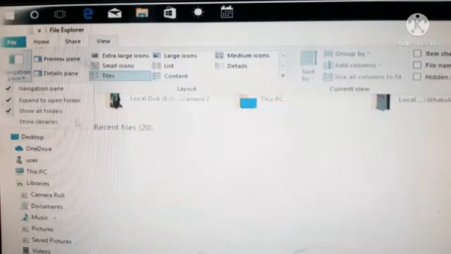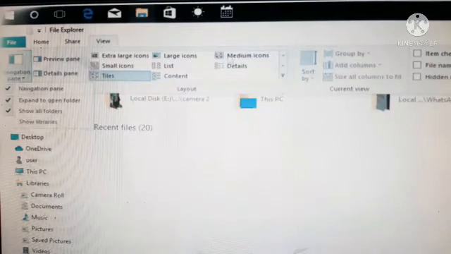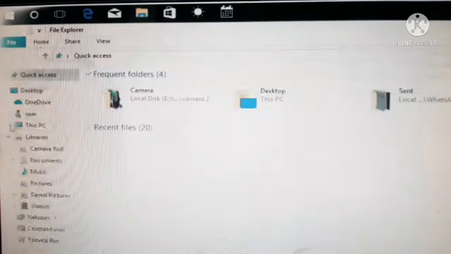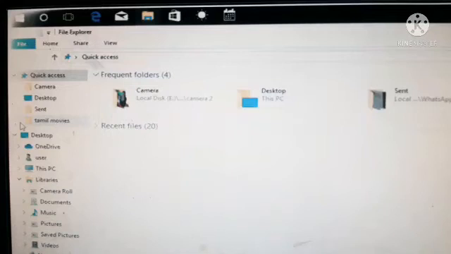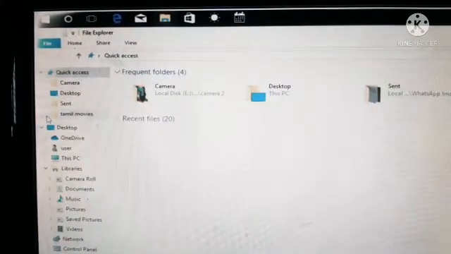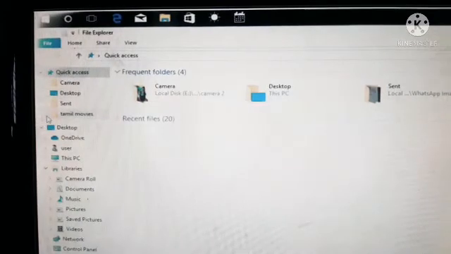If you click on the Show libraries option, we can see the libraries under the navigation pane. See here, we can see the library option.